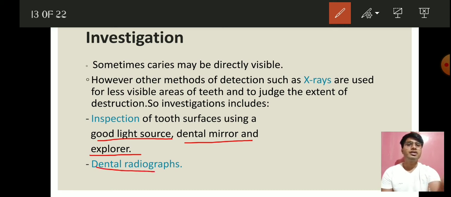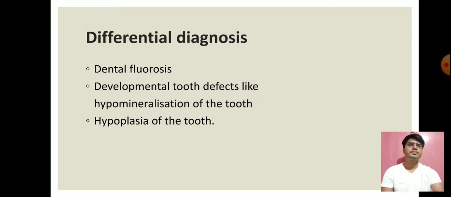But a dental radiograph can confirm the tooth decay, and it doesn't just confirm the tooth decay. From the dental radiograph, we can actually see the level of the tooth decay that has occurred. Okay, so we can see the spread, meaning how far the tooth decay has reached, right? That can be known with the dental radiograph.